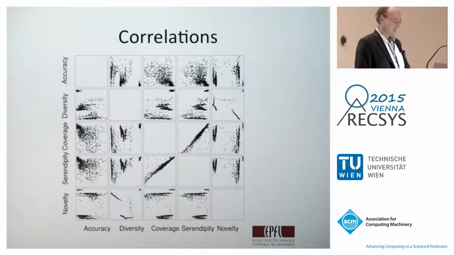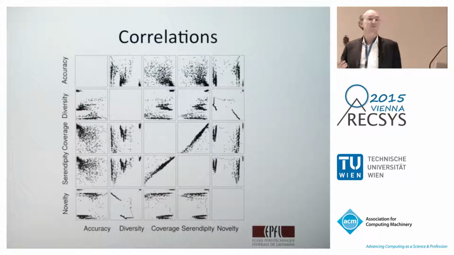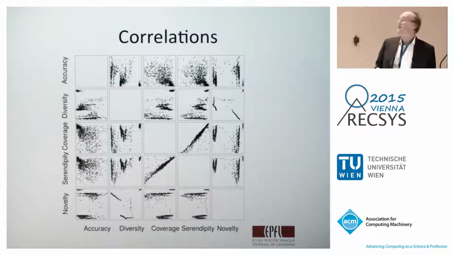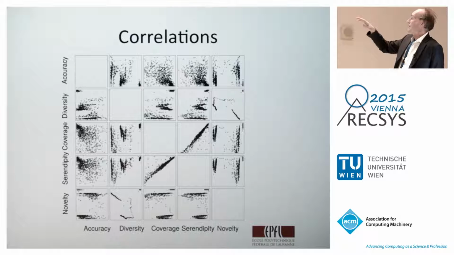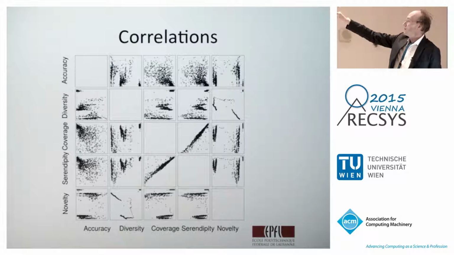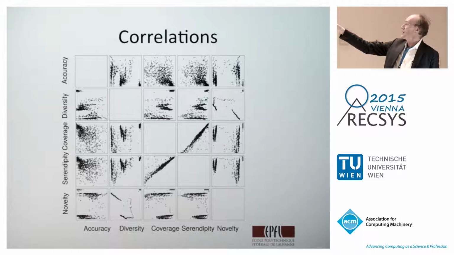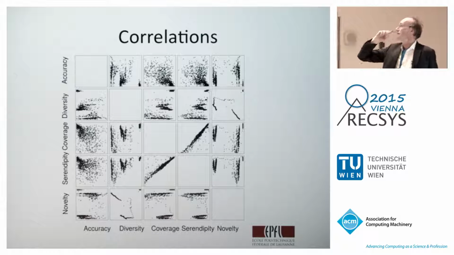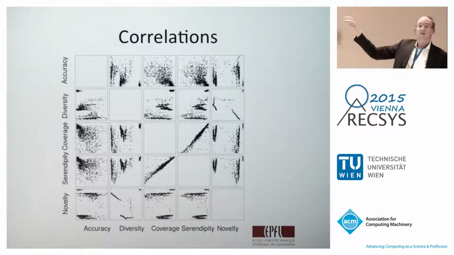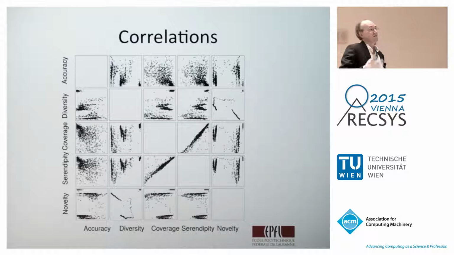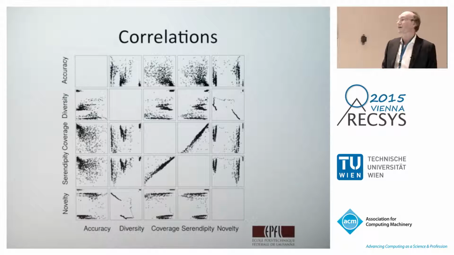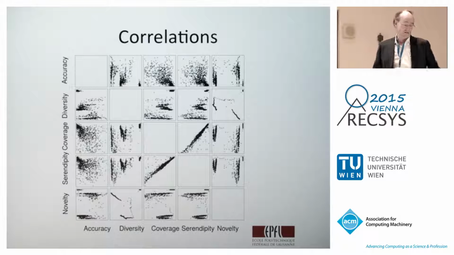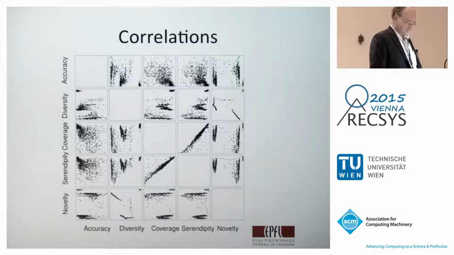So these metrics, the reason why we grouped them into these groups is that we could see that for these different groups, we would find very little or not very much correlation except for between coverage and serendipity. So they were kind of the uncorrelated ones, whereas the metrics that we did find inside the group were actually quite correlated. So this is kind of a natural clustering. So we basically just looked at these as 5 different groups.